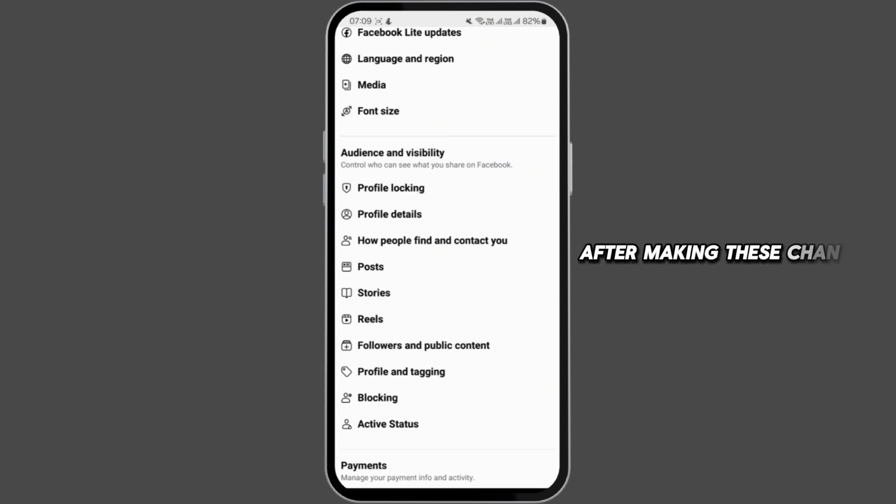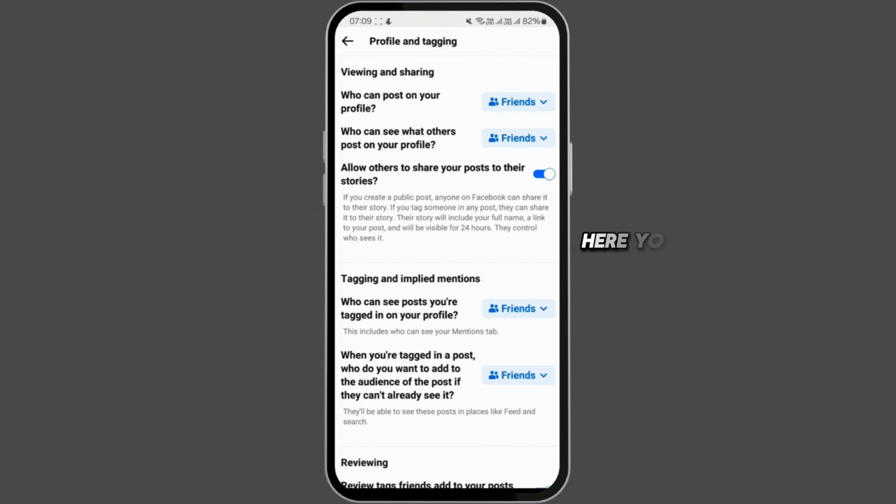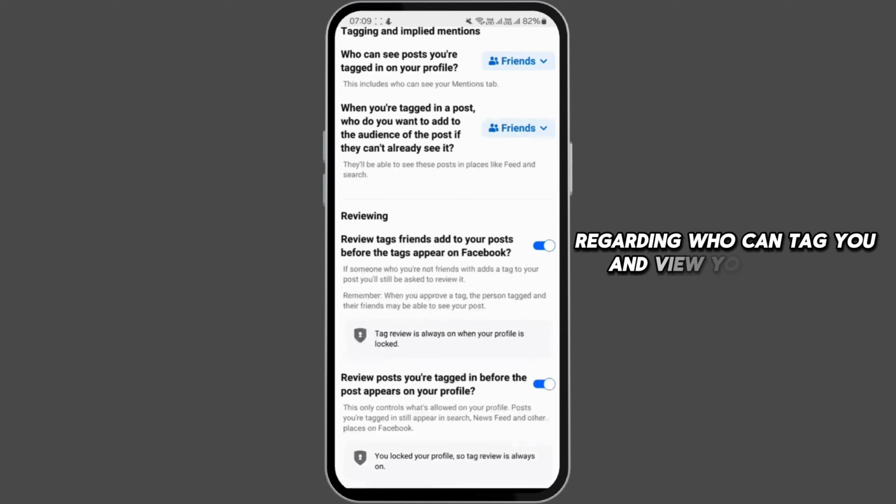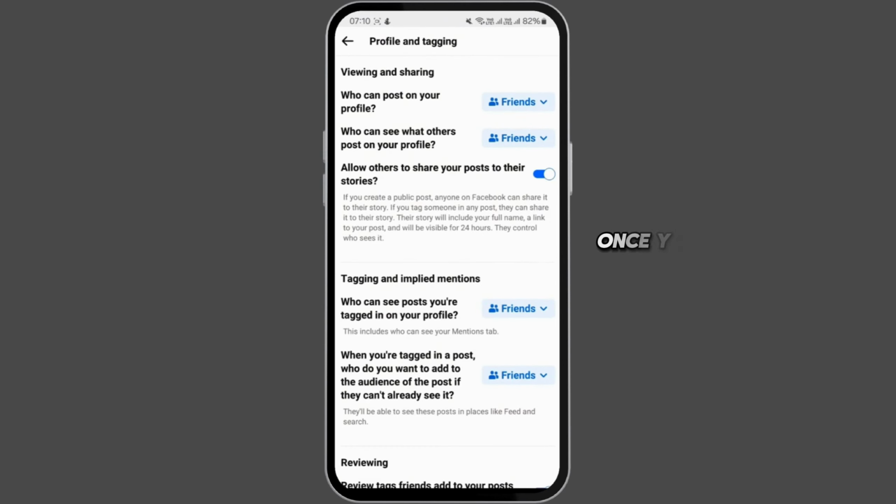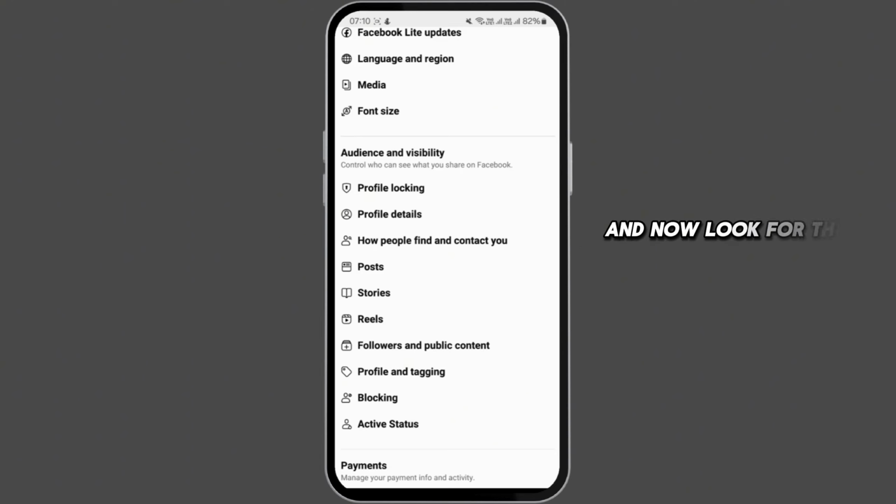After making these changes, you have to go to the main settings menu and select the option called Profile and Tagging. Here you can make further adjustments according to your personal preferences regarding who can tag you and view your profile. Once you're done with those settings, you can navigate back once again and now look for the option called